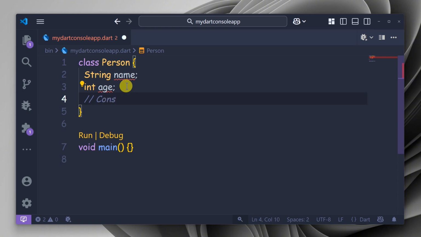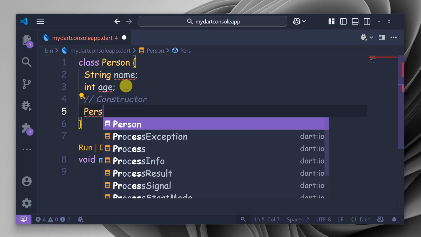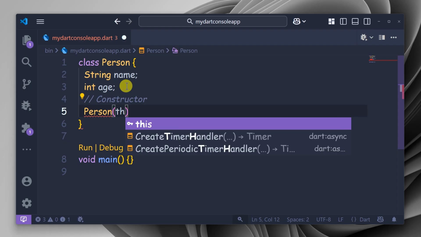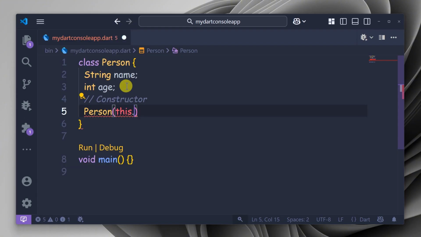For creating the constructor, we need to use the name of our class, in this case Person, and then define that everyone that wants to use this class must define properties like name and